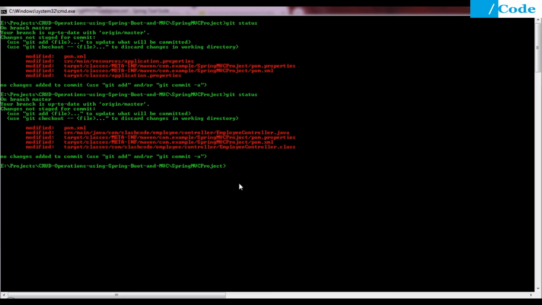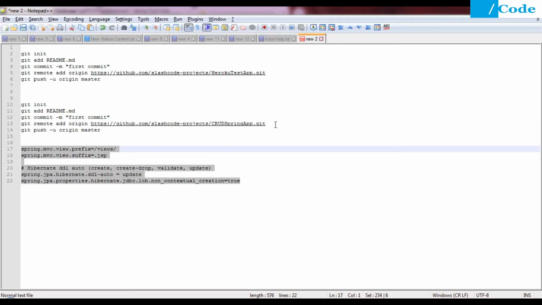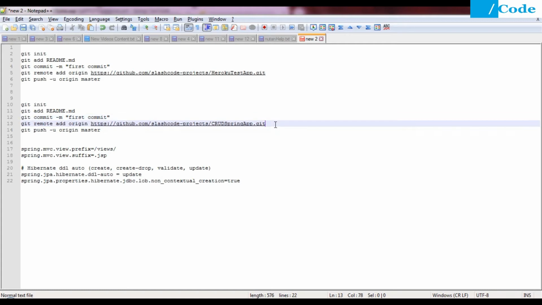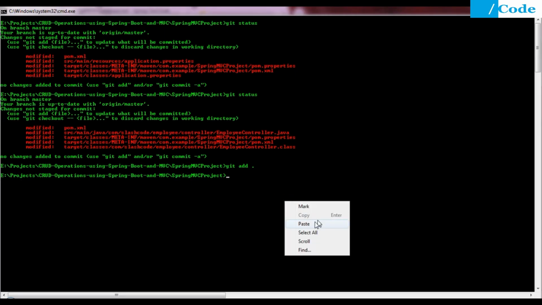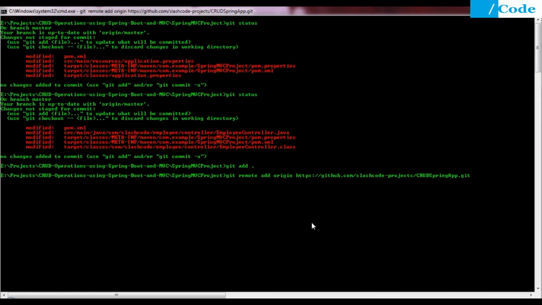Now just say git add, and then for remote, we need to add the remote origin. Let me check if I have already added this project to the same git. It is not taking it, but the remote has already been added.